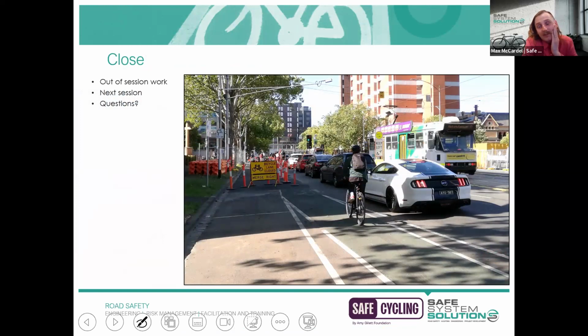Another example here of our temporary traffic management treatments. This specific example is actually when the protected intersection in Melbourne was being constructed. This is what they had as part of their temporary traffic management as part of what they were building, such a wonderful cycling infrastructure treatment. And once again, if you are delivering any construction treatment on the bicycle network